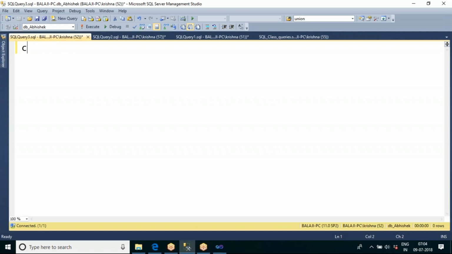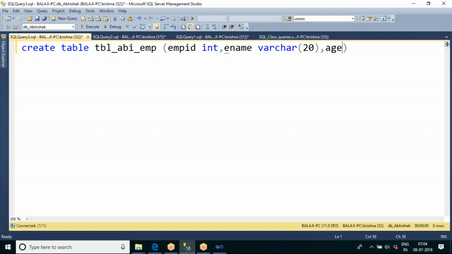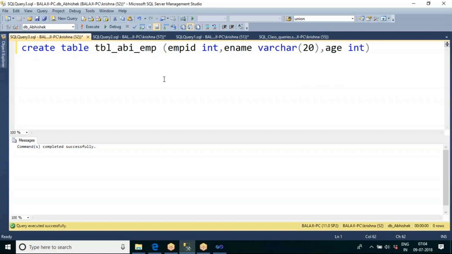Let me create a table here. I'm creating a table in the db_Abhishek database.